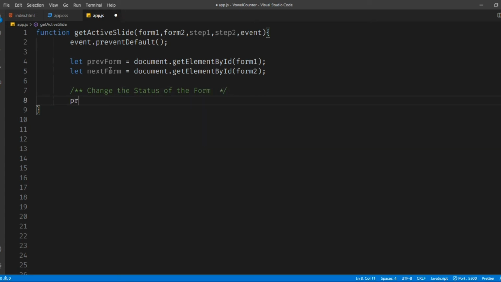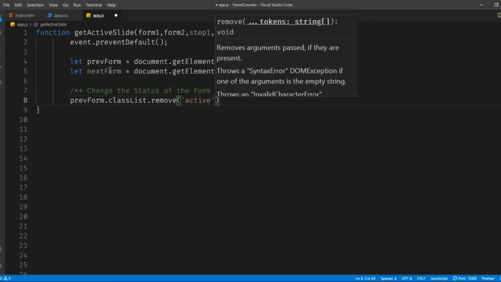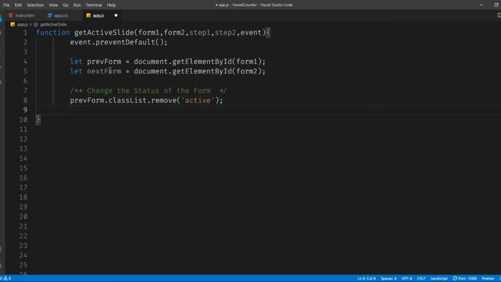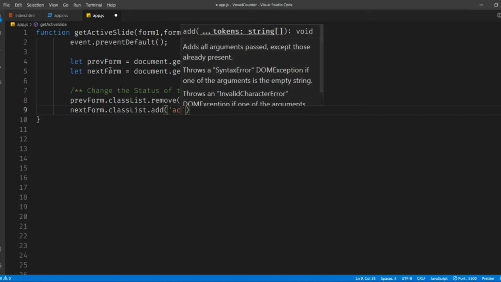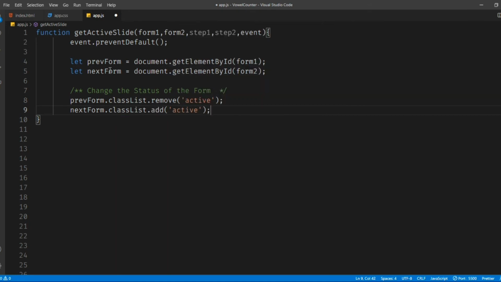Alright, so prevForm.classList.remove active and nextForm.classList.add active. Right, it's a simple logic. From the previous form we are removing that active class, and to the next form we are adding that active class.